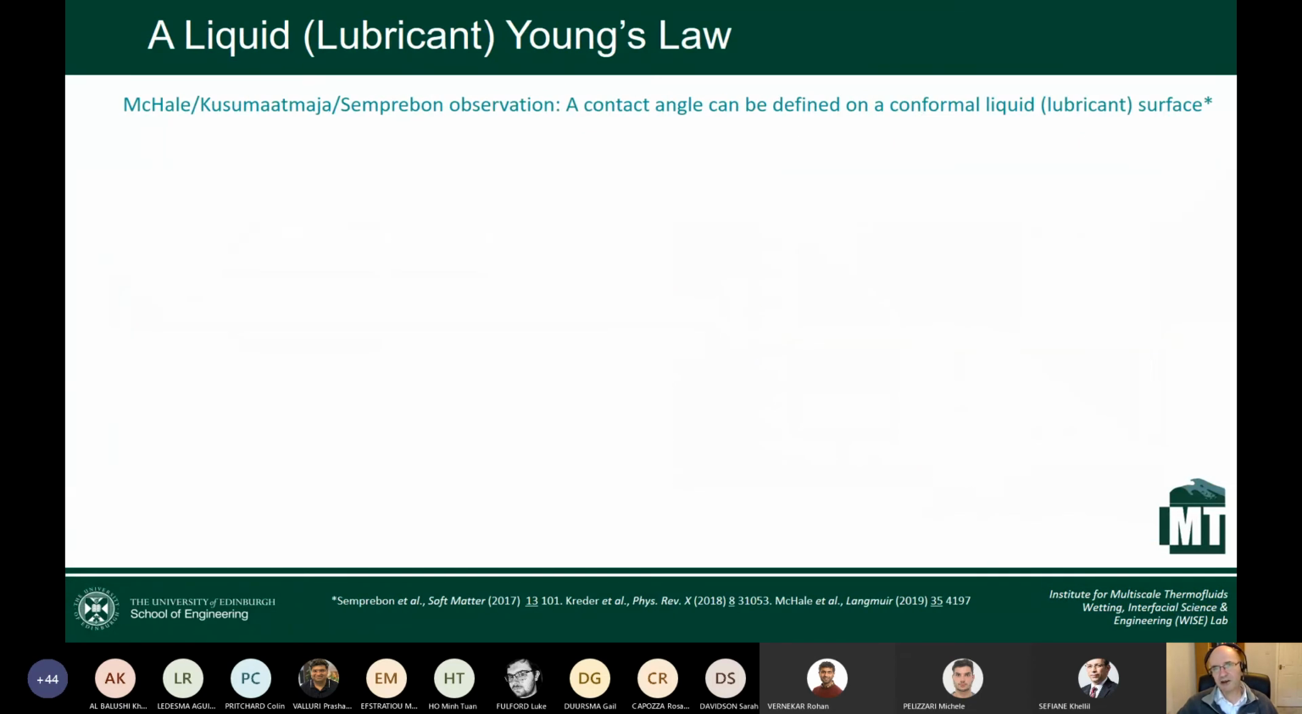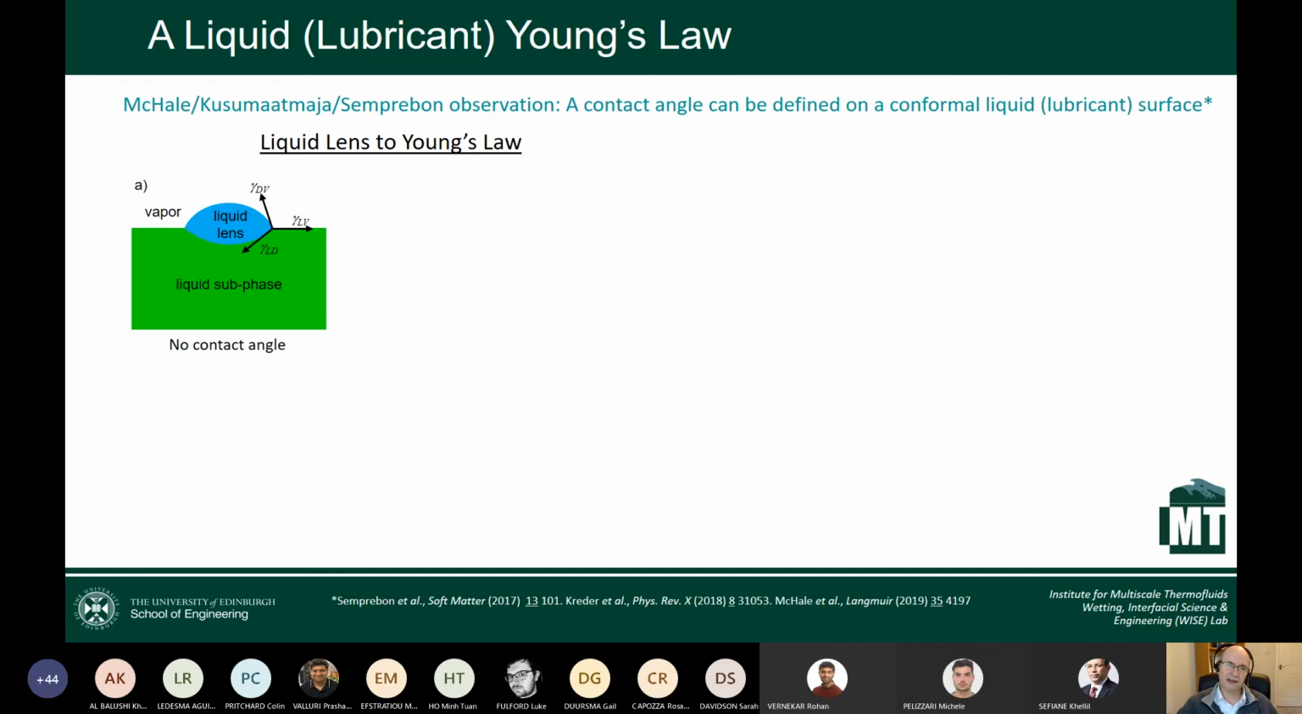Another interesting thing is you can come up with an analogue of Young's law. Young's law is this law about the contact angle for a droplet on a solid surface. And you can work out the angle from the interfacial tensions. And what I guess we came up with a few years ago was the idea of a liquid form of Young's law. So you can think in terms of having an infinitely deep bath of oil, and you put a droplet of water on that bath, and you end up with a liquid lens with 3 interfacial tensions, the gammas